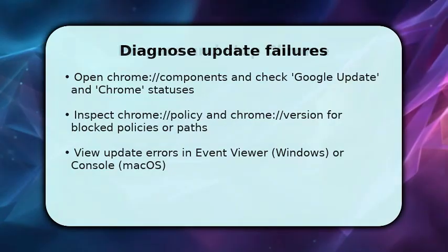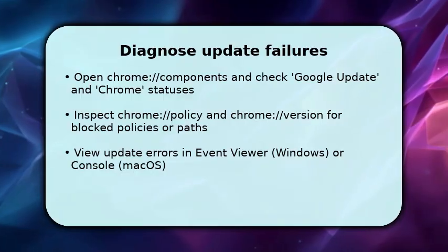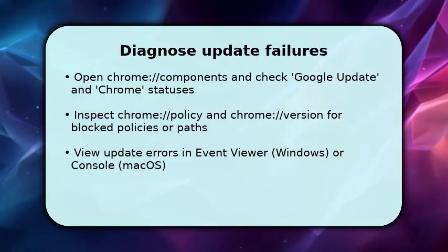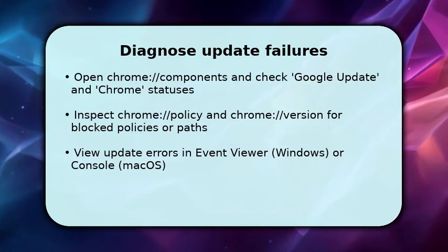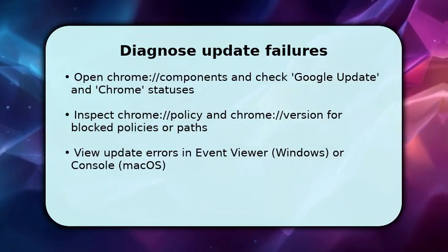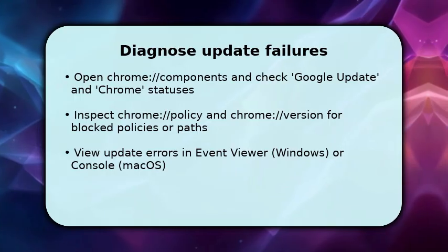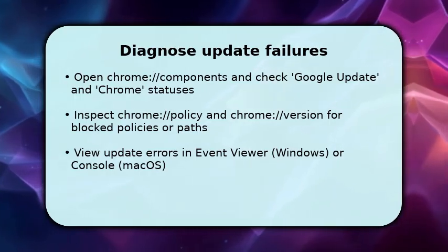Now diagnose why Chrome update fails by checking internal pages and system logs. First, go to chrome://components and hit check for update on each relevant component. Note any error codes. Then inspect chrome://policy and chrome://version to see if enterprise policies or odd install paths are preventing